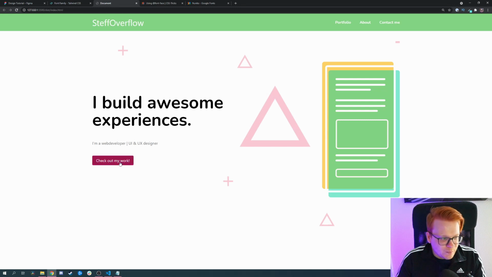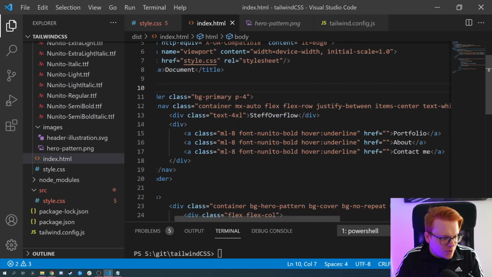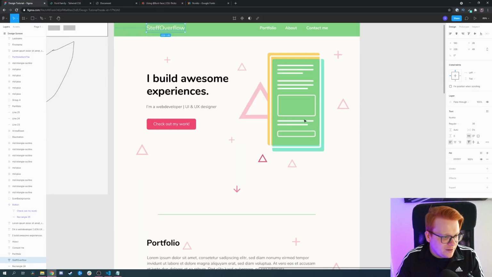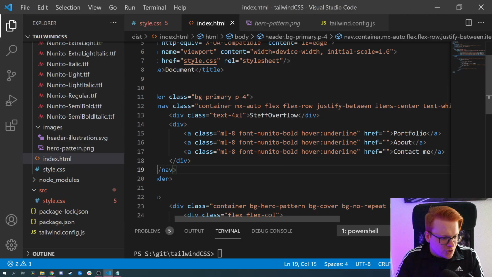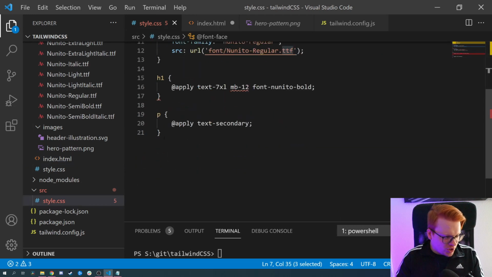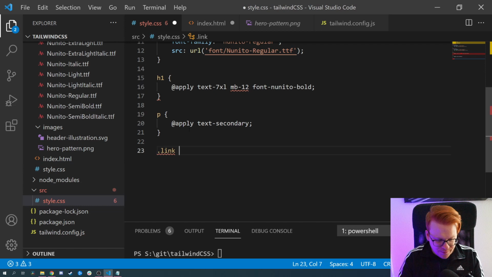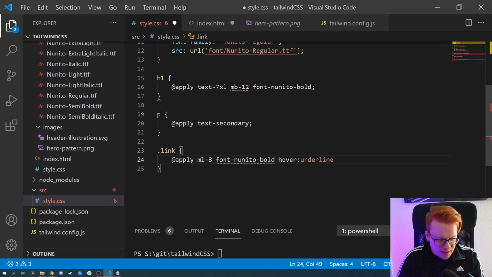We have built a button, we have added a background image, we have added an image, we have a header section with links. Okay, so let's add one last thing, the link. So we probably will use links more often, not only in the header, but maybe also somewhere in the content or down here or whatever. To simplify that here, I also showed that in the get started one. We just go in here and create a custom class named link, add the apply, and then add our classes